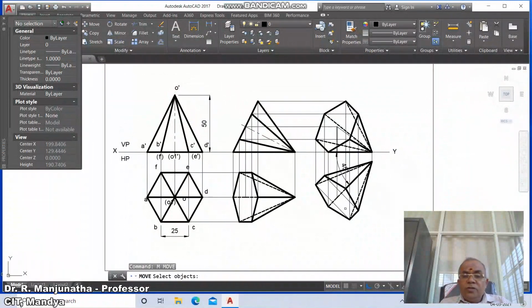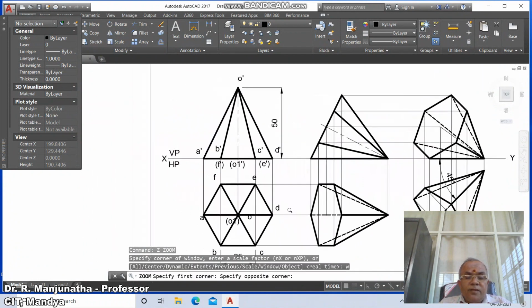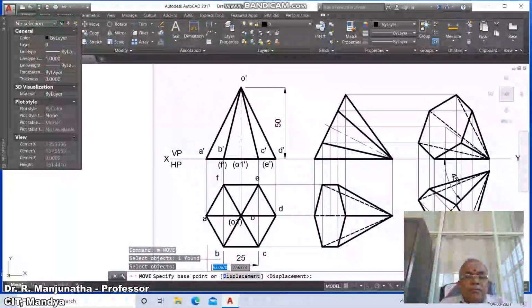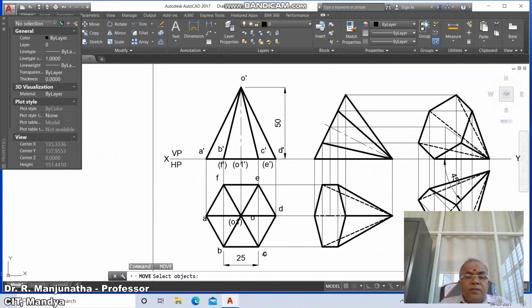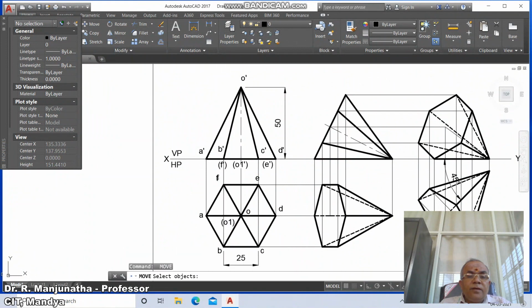Then go to move, switch off the ortho mode, you select X and move it here, then you type VP, you type HP, then go to zoom, take this near to the screen, then go to move, type B, move it here, then C, you type it here, then A, you type it here, then go to O, you type it here, then O1, you move it here, then F, you move it here, then E,